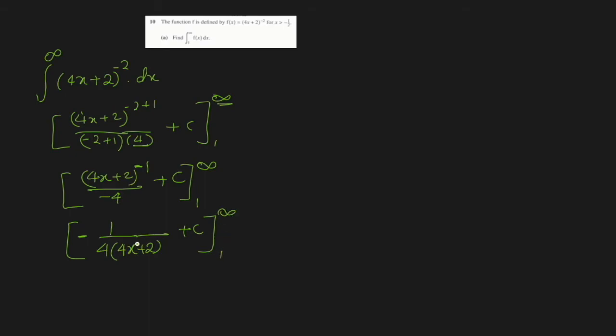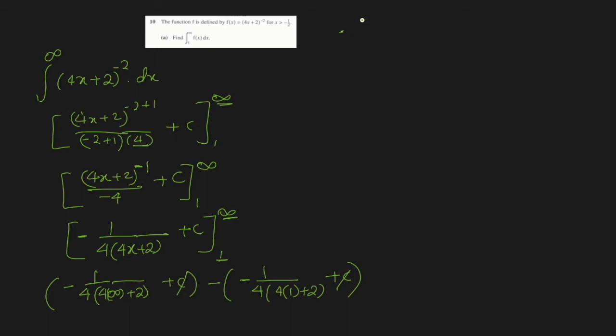Now from here onwards, be very careful how we are going to do this. We'll substitute infinity and 1 in this as usual first. So let's do it. Minus 1 over 4 times infinity plus 2, plus c, minus 1 over 4 times 1 plus 2 plus c. First thing first, cancel c's because they are of no use. Let's do this one. Open up this one here. Minus 1 over,